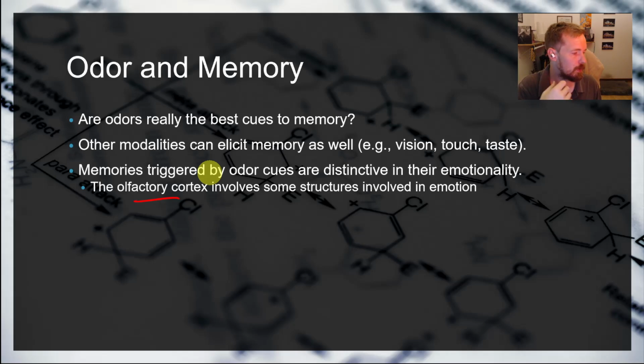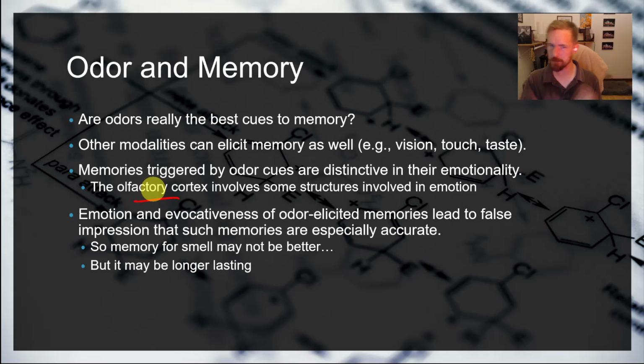That whenever you smell, let's say that you had shrimp and grits when you were 13, and you got sick afterwards and you barfed all over the place and it made you really, really ill. And so now, whenever you smell shrimp and grits, it makes you sick to your stomach to even smell it, right? You probably had something like that happen before. We have this taste aversion or smell aversion. And so we know that we can have a really, really strong emotional reaction to smell. But does that make it the best sense for memory? I don't think that it does, just because our memories about it are emotional, right?